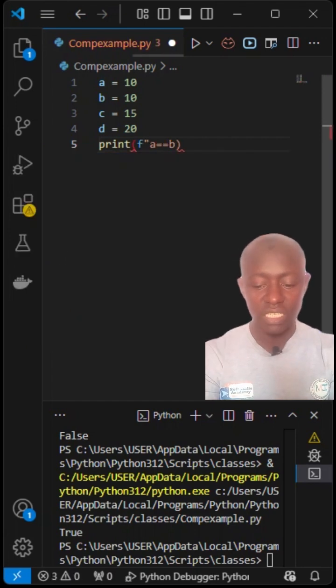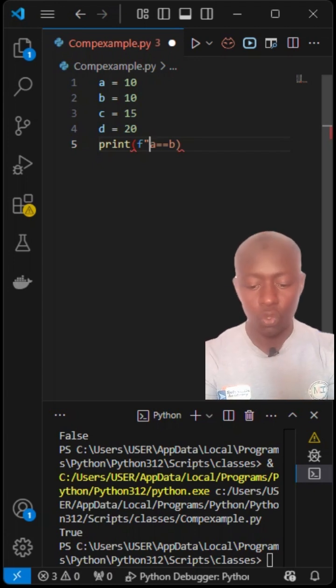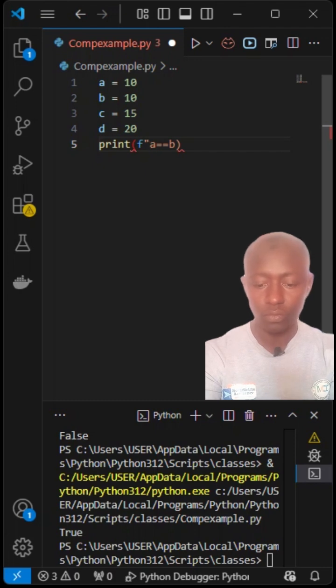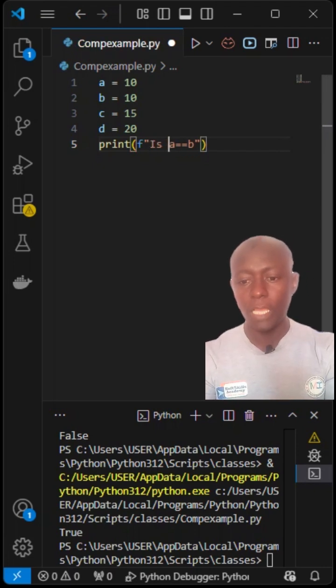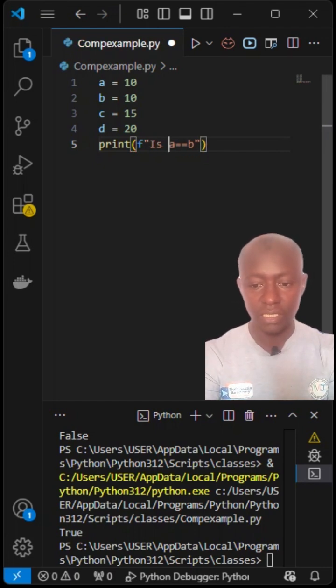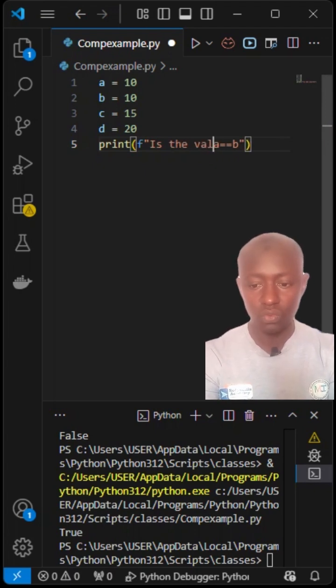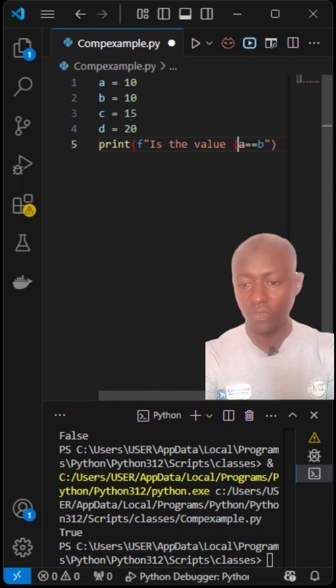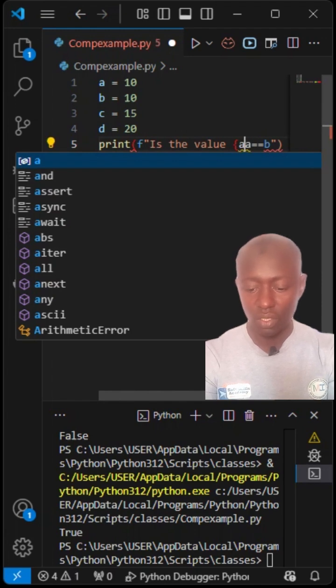This time around we are going to use double quotes because we want to use the value contained in each variable. So we have an open bracket, like this. Here we say, is the value